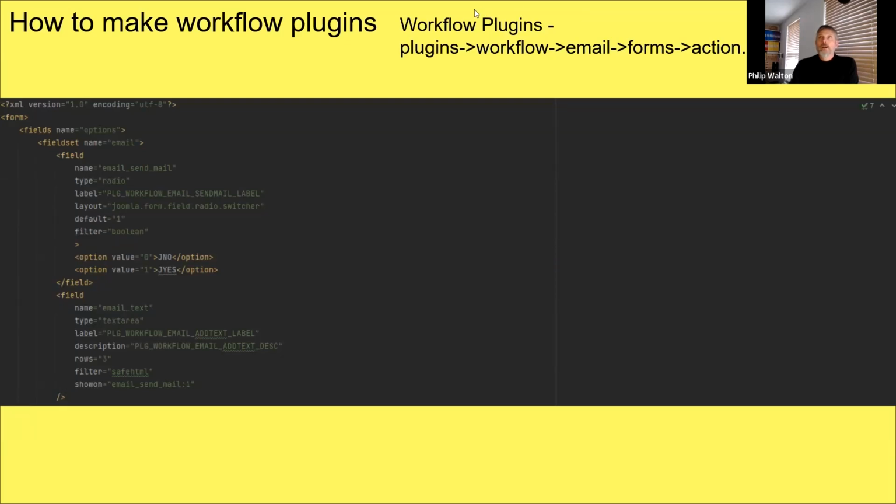The actions XML, and the actions is in, let me just see if I can move. I can't move it. So it's workflow plugins, forms action.xml, and this sets up the bit in the back of the plugin where we could select what we were actually doing, and it's got the values here for the sending, whether or not we're sending, and the text area where we could actually put out a little bit of text, which will then be picked up and be put into the email.